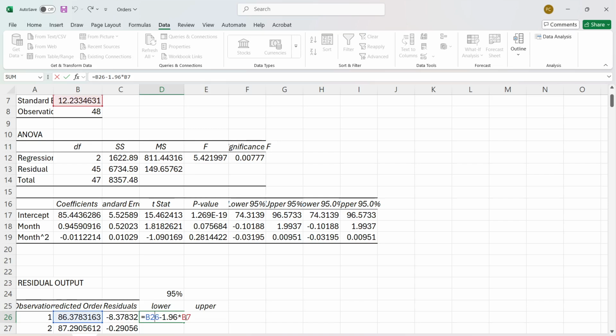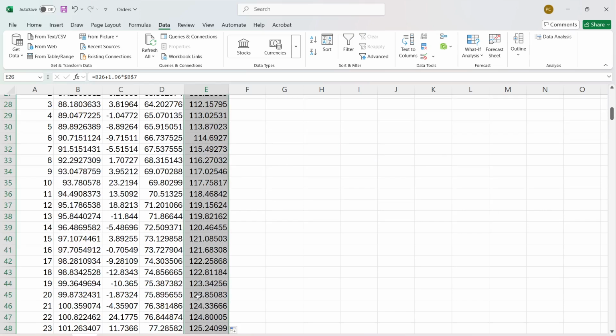I'm going to go ahead and bump this one over to make sure that B7 doesn't move. I need B7 to stay put if I decide to click and drag this all the way down. And the same thing here for this upper bound. B7, I want to stay put. I'll double click, and I'll double click over here. And now I have